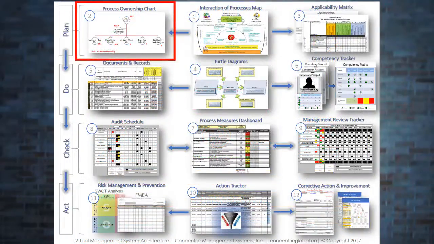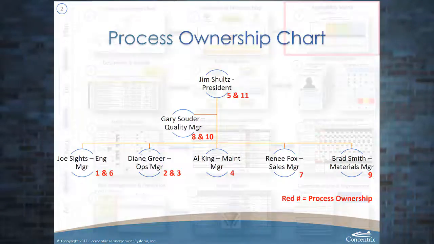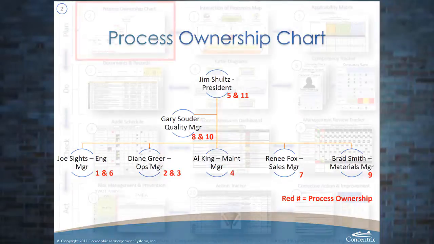Tool number 2 is also very simple. It's a process ownership chart. So instead of being your traditional org chart, this process ownership chart, which could be combined with the traditional org chart, is meant to define who owns which of the 11 processes. So you can see here Brad Smith on the bottom right is the material manager, and Brad Smith owns process 9. So if we go back up to process 9,